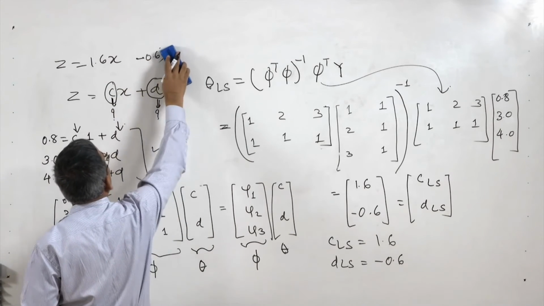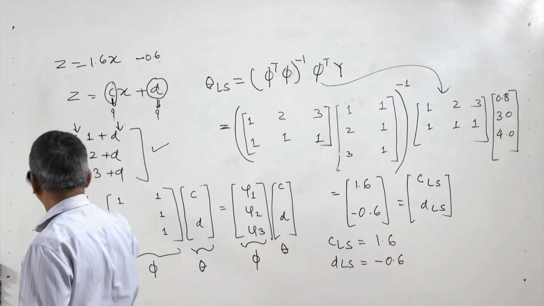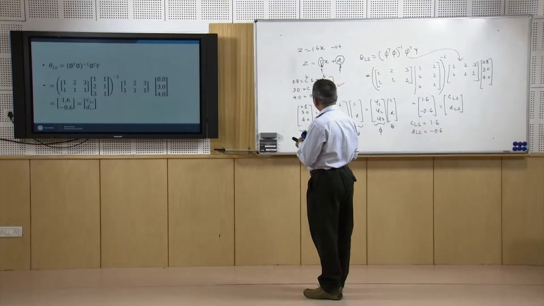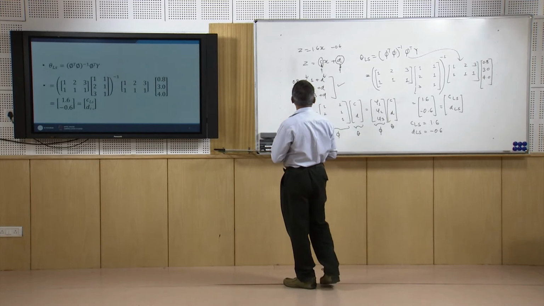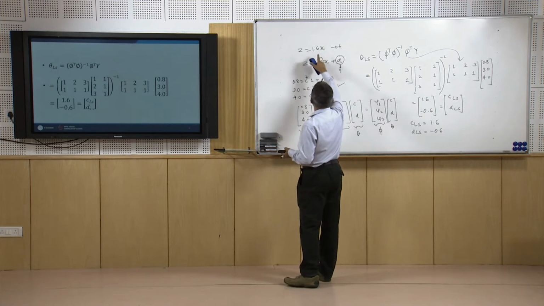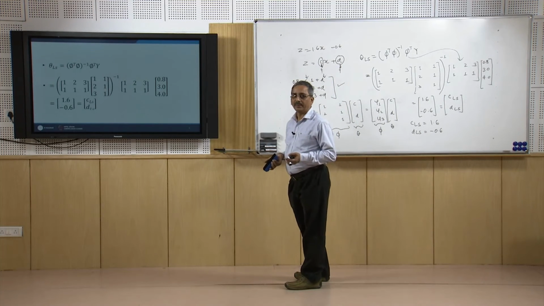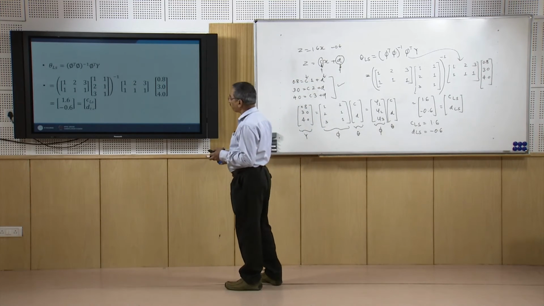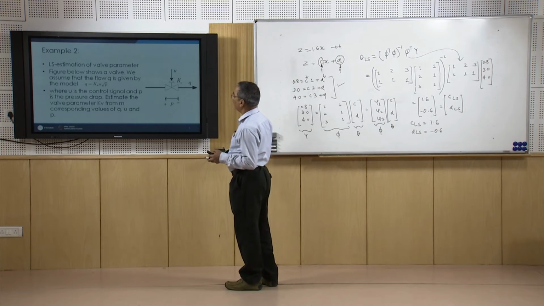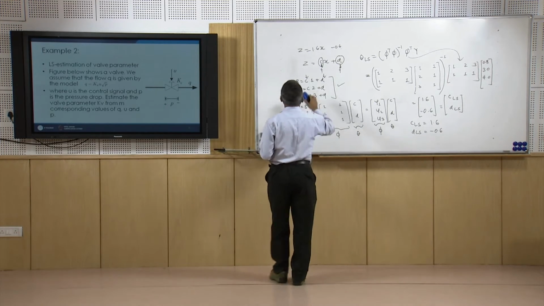So, this is what is going to be our expression, and using these three results and the least square method of estimation of the parameters, we could identify these unknown parameters C and D. So, this is one example, and another example which I want to take is this one,